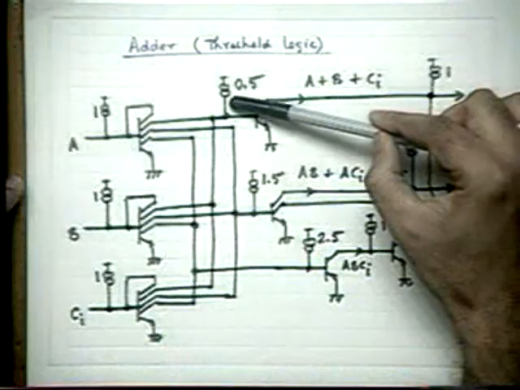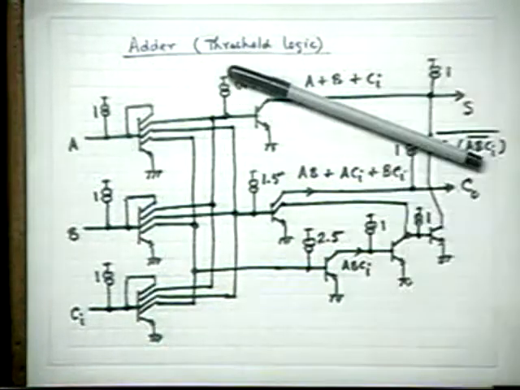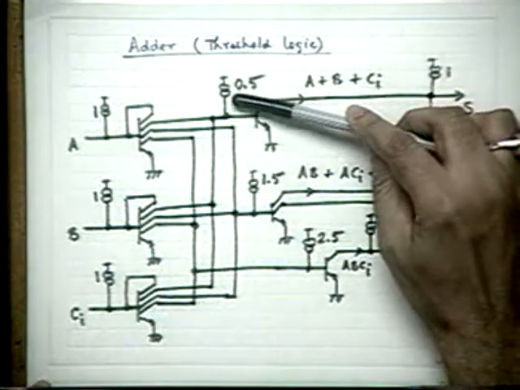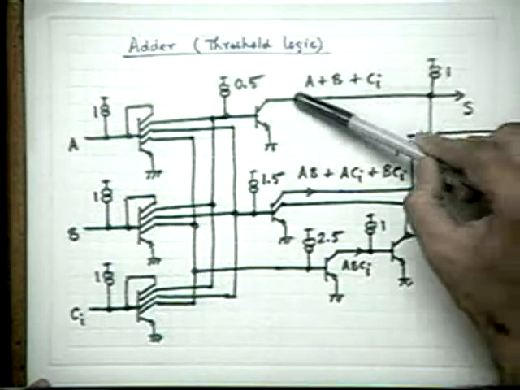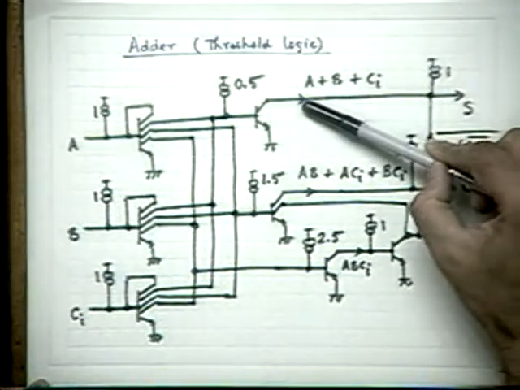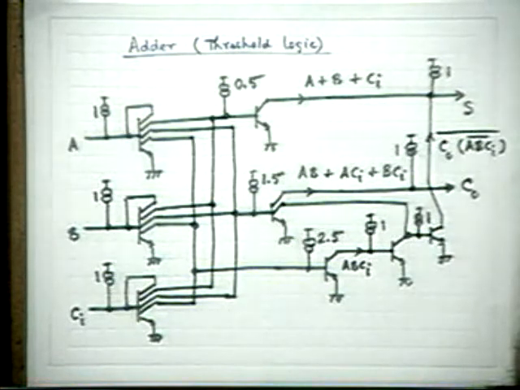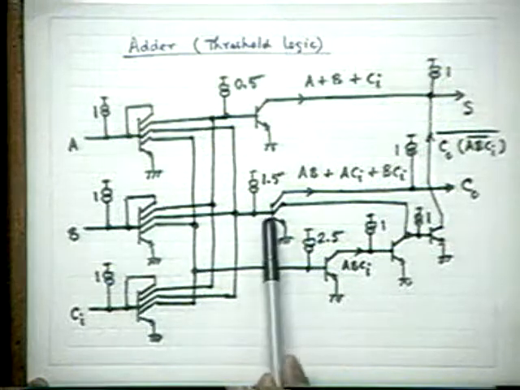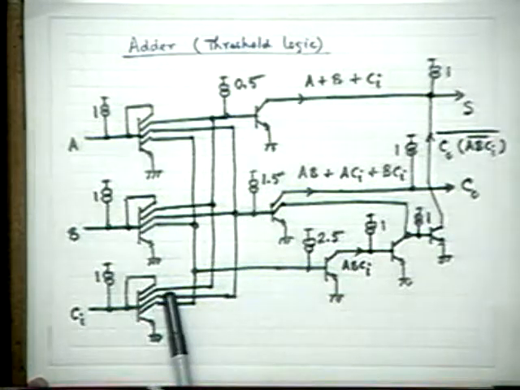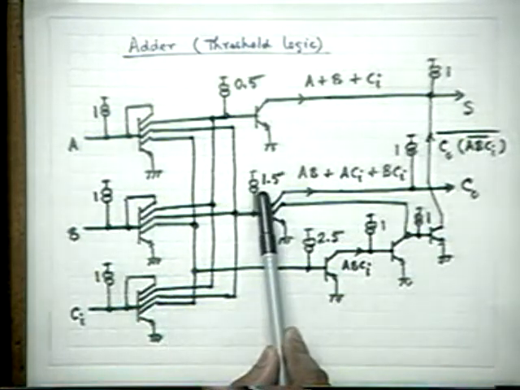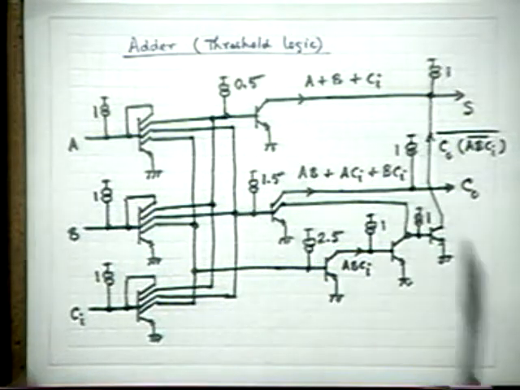But here what is the value given? The current source is so designed that it can deliver only 50% of that current. So what is going to happen now? Can you tell me how this A plus B plus C is produced here at this collector? Simply, it's very simple. Now look here. What I have done is coupled some other collectors. Now it is 1.5, not 0.5, and you get the majority function generated.